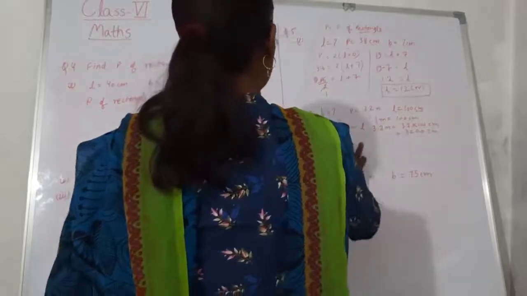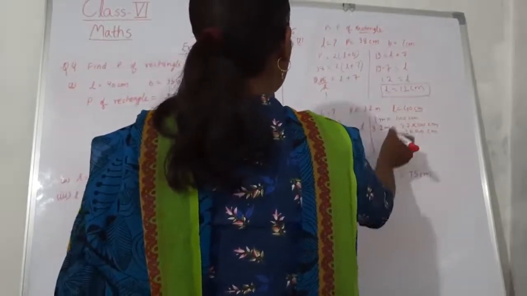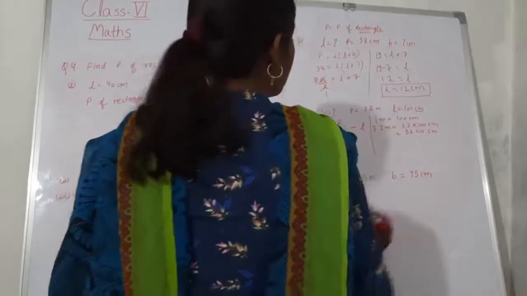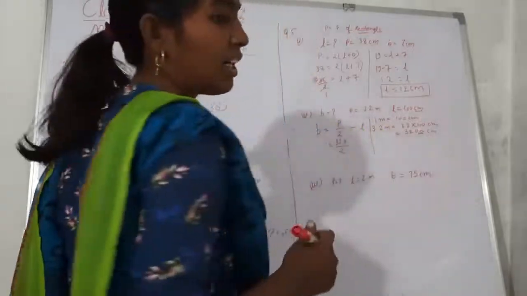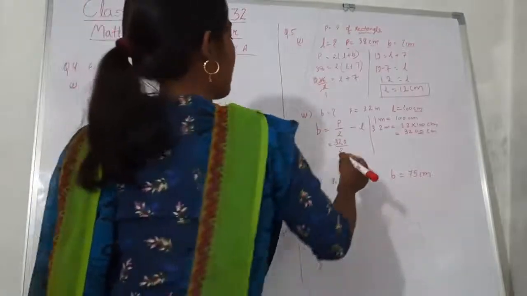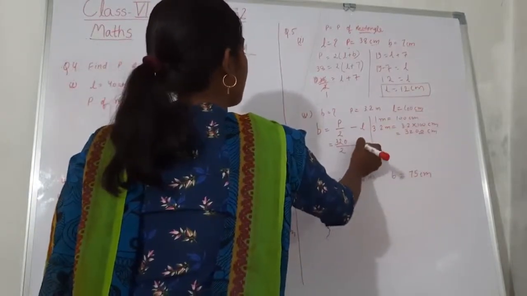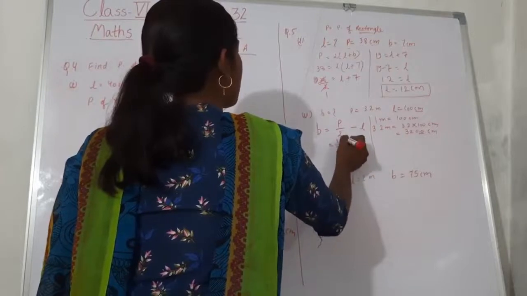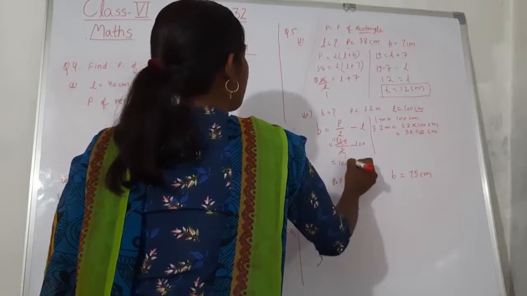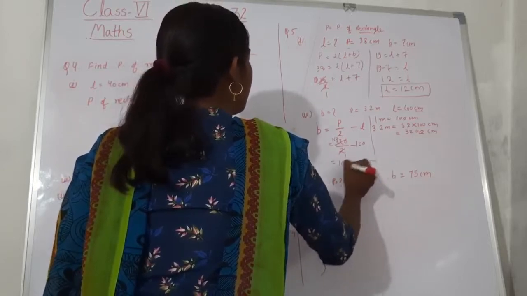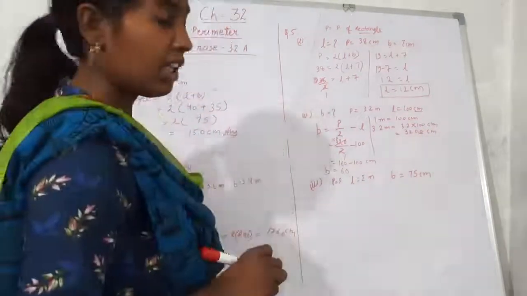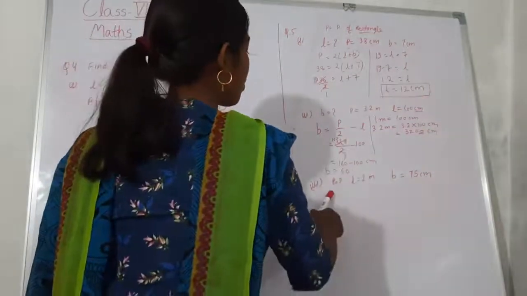So here what will I write in place of perimeter? I will write 320 divided by 2. This decimal and zero we need not write. After the decimal, if a zero is written, then we do not need to write it. Okay, minus length is 100. Now solve this. 2 1s are 2, 2 6s are 12 and 0. 160 minus 100 centimeter. Do the subtraction, you will get 60 as the breadth. Okay, similarly you can solve this question also.